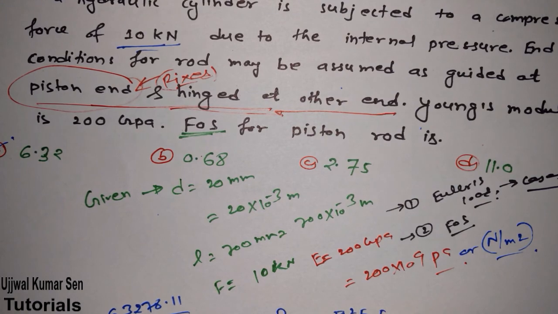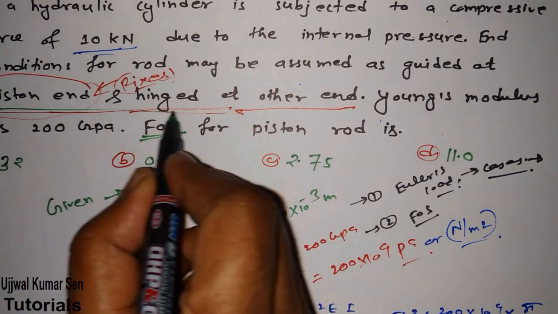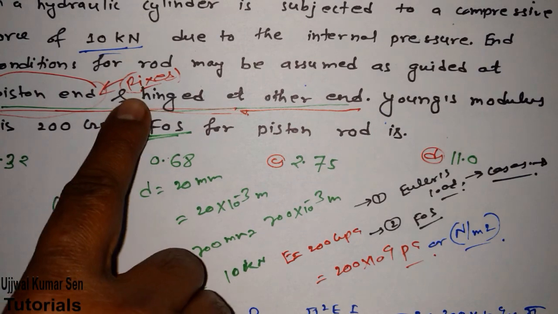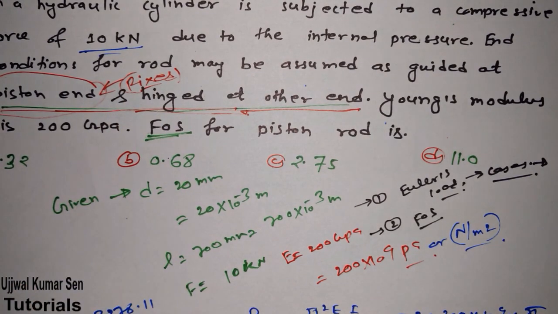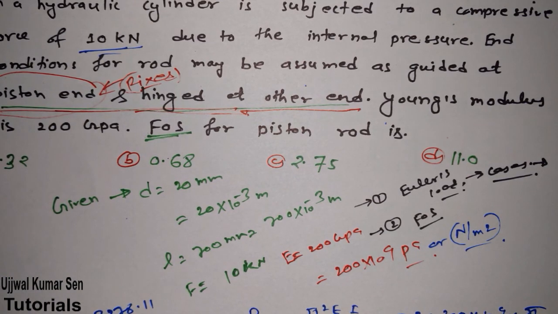So this is how you can solve numerical problems related to it. But yes, my dear, you can use another formula, like stress is equal to force by area. But by using that equation we cannot get the right answer, because they have given this condition. How can you come to know this is the concept of Euler's load? Till now I haven't seen anywhere that we are using this condition. So how will you become familiar with all these things? That is your practice. The more you practice, the better you will become, and the better you can do in the examination. I hope you are getting my point, right?